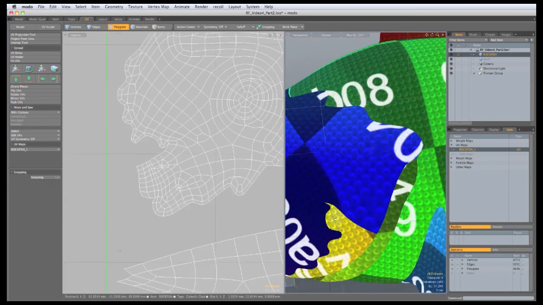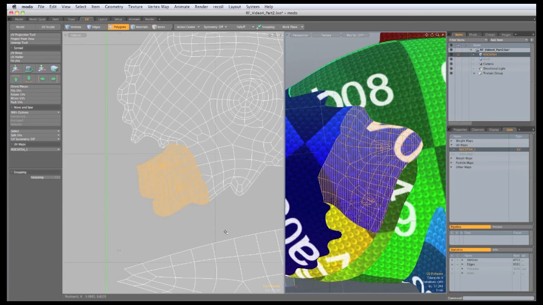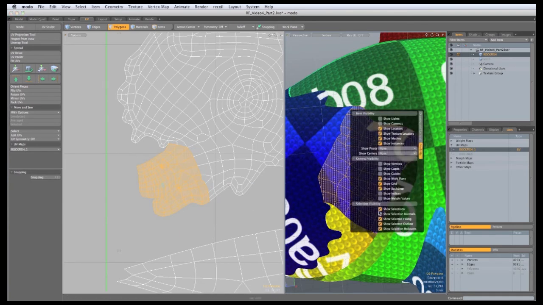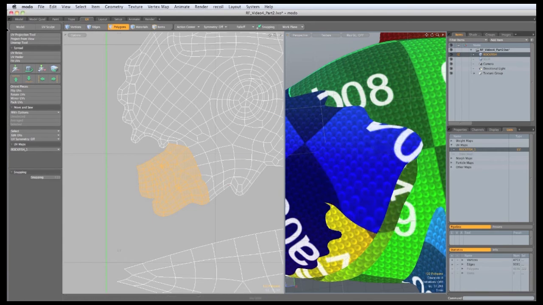Now fixing this area is a little bit more complicated. We'll start by selecting the polygons that are causing the problem. Now selecting something makes it difficult to see the image map in the 3D viewport, so I'm going to hit O to bring up viewport properties. I'm just going to uncheck show selections. So then we want to hit the move tool, click in the UV view, make sure tear off is active,